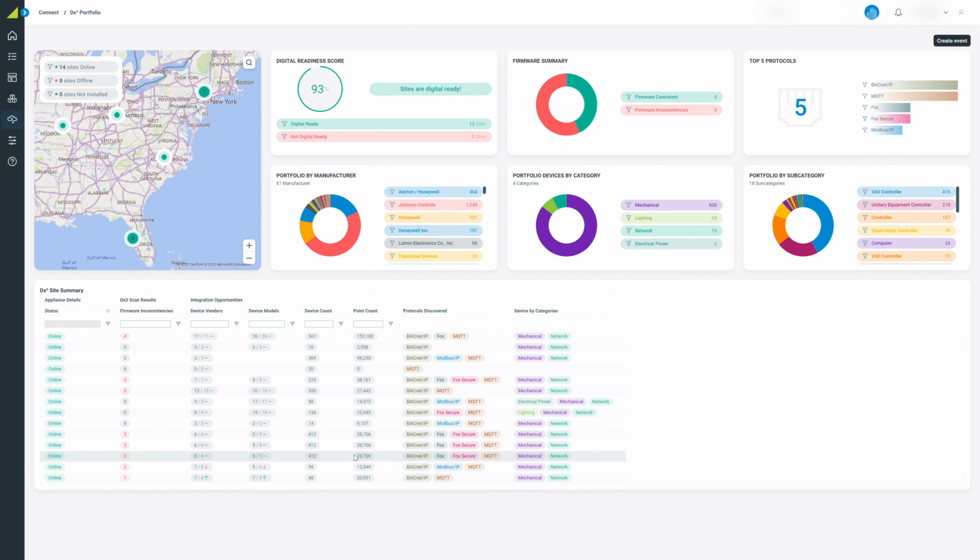how many devices we're seeing, how many point counts we're seeing, and the protocols that we've identified. Some common ones, if you do anything in building technology, you know BACnet, MQTT, Modbus. Obviously Fox here is a proprietary protocol. So from this is where we start some of our data normalization and machine learning. We can identify the categories of the integration or the devices that we've seen. We'll map out subcategories for this as well, and also we're going to slice it by manufacturer as the manufacturers